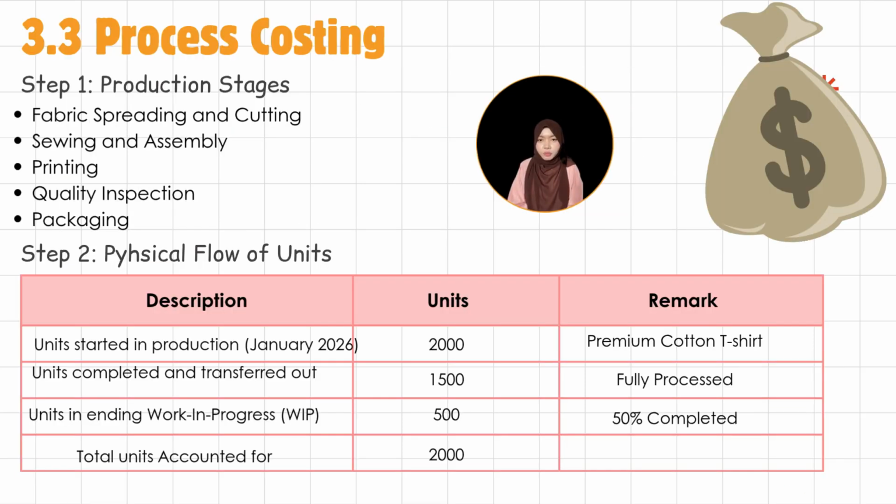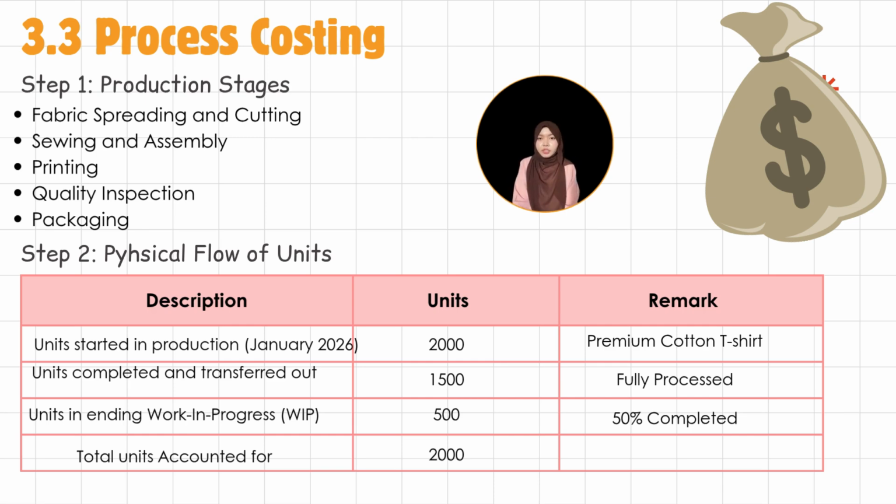Process costing for our premium cotton t-shirt production for January 2026. To give you an overview, our manufacturing operation goes through 5 key production stages. First, we begin with fabric spreading and cutting. Then the pieces move to sewing and assembly. Then we apply the design in the printing stage. After that, every item undergoes a strict quality inspection, and finally the product goes through packaging before it's ready for